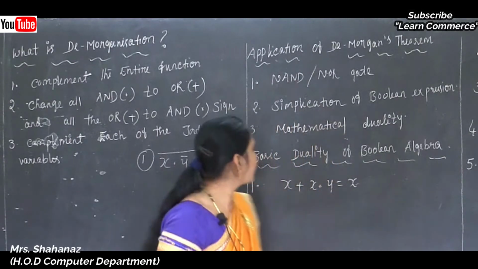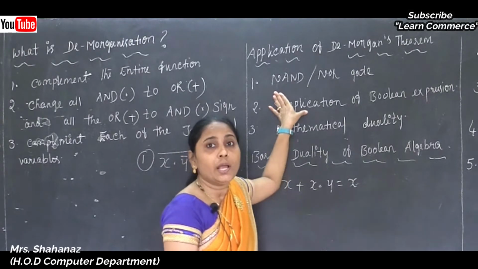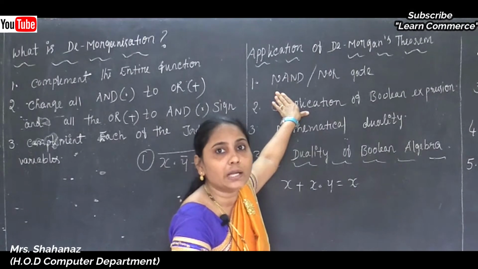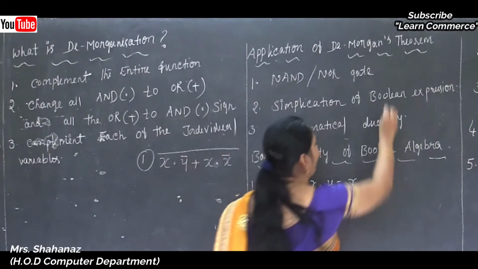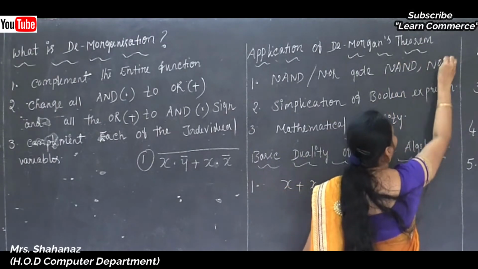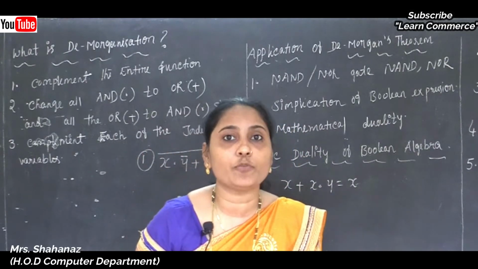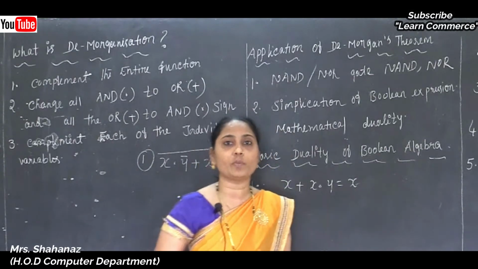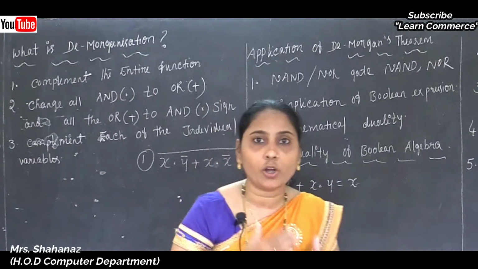So we can say that De Morgan's theorem is very useful in the implementation of the basic gate operation or the alternate gates, the NAND gate and the NOR gate. I am going to use this spelling for NAND, N-A-N-D, and for NOR, N-O-R. Clear this point here? NAND is the full form, NOR, the full form is NOT OR. Clear this point here? So we can construct all those gates.